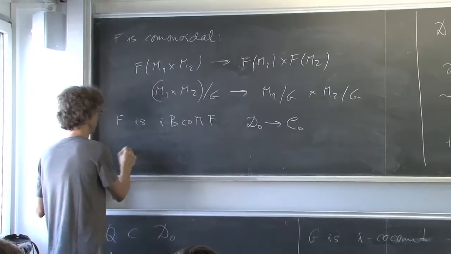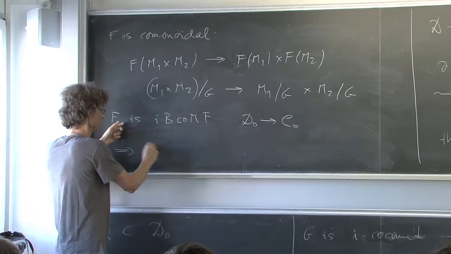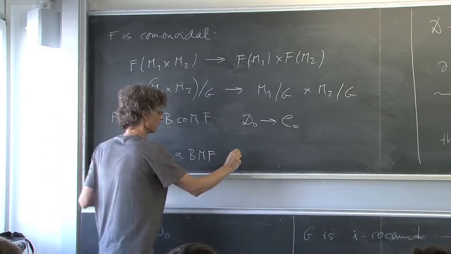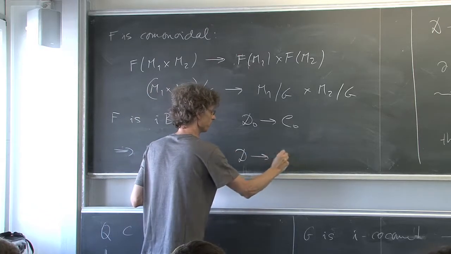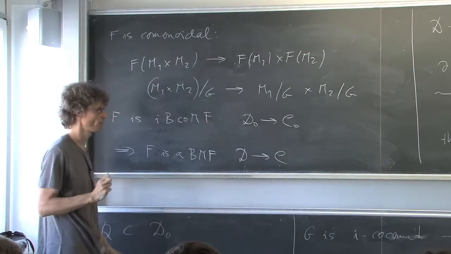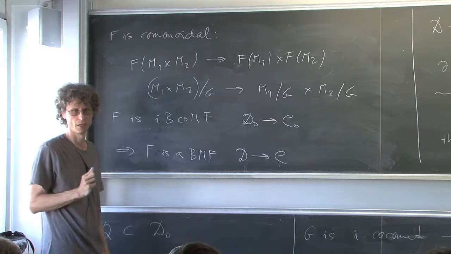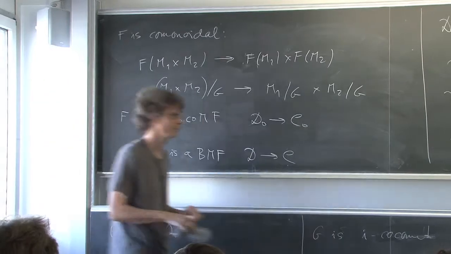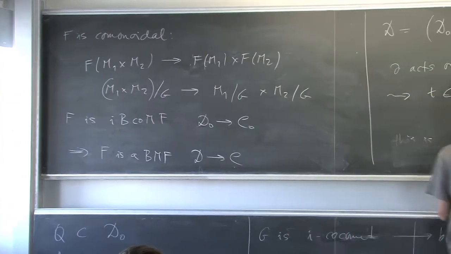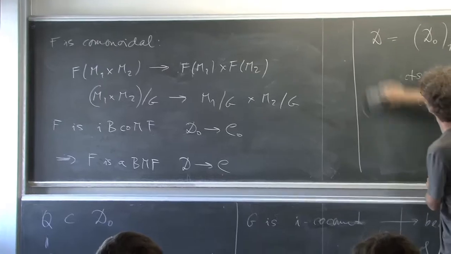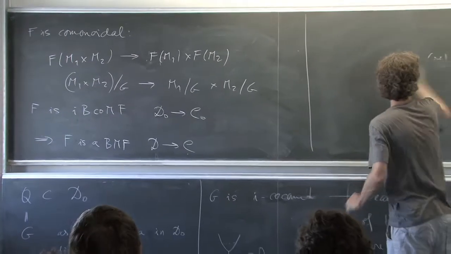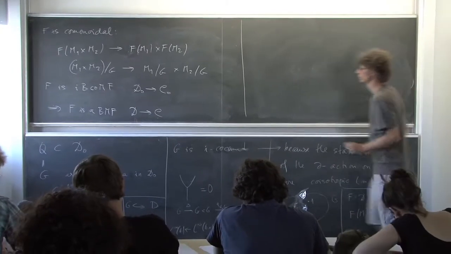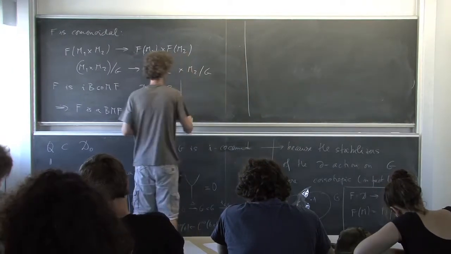So this implies that the same F is a braided monoidal functor once we go from D to C. And that's it. Now what do we do? We have F and Q. So what do we still need to check? Probably that